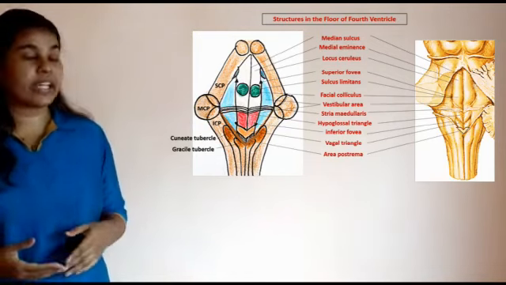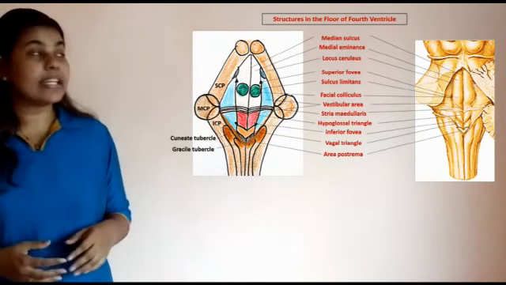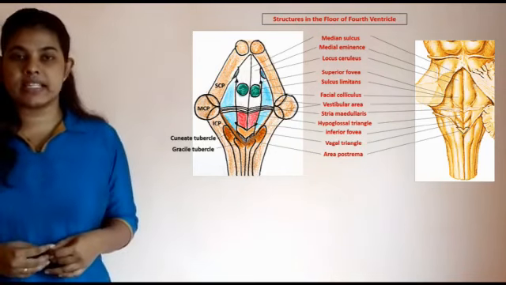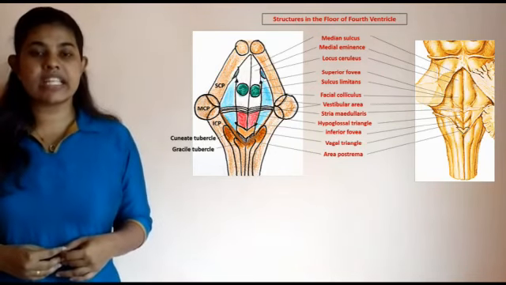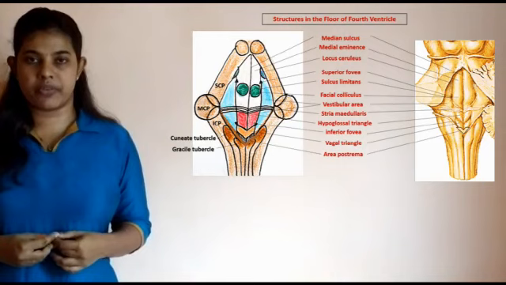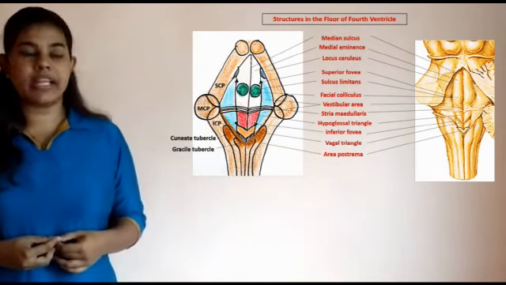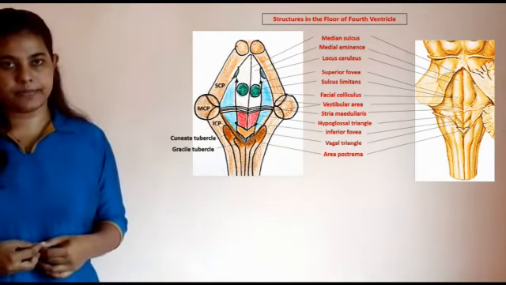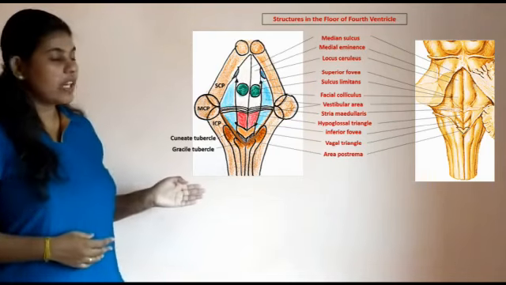On the upper triangle, you can see an elevation. It is adjacent to the median sulcus. It is called the facial colliculus. It is formed by the recurving fibers of the facial nerve overlying the abducens nucleus. On the lower triangle,